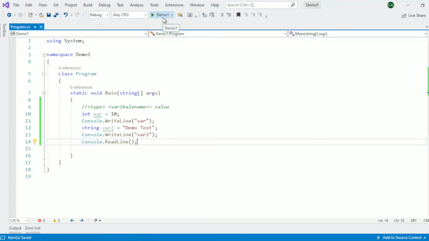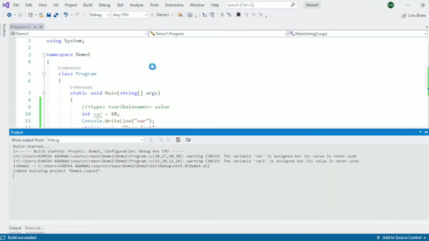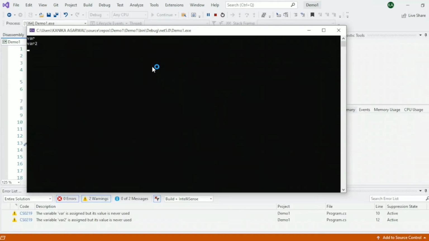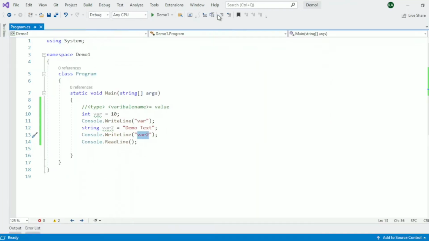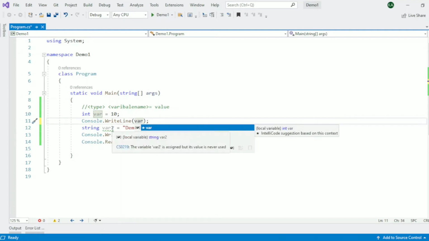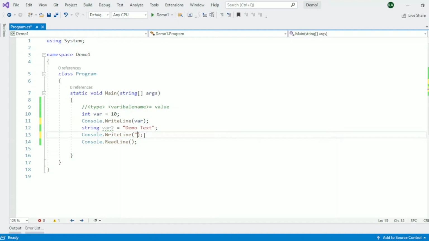It will not show our output. It will just print var and var in quotes because we are passing it as a string. Let's see. Here the output is var, which is incorrect. So whenever we want to print a value, we simply pass var, the name of the variable which we have taken.